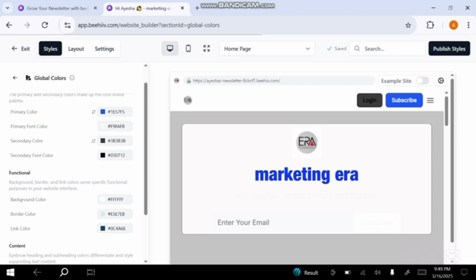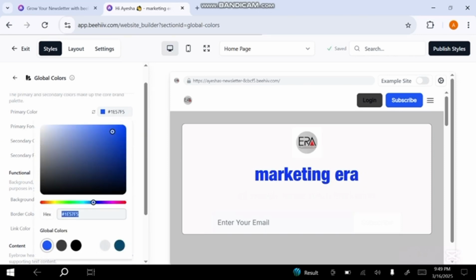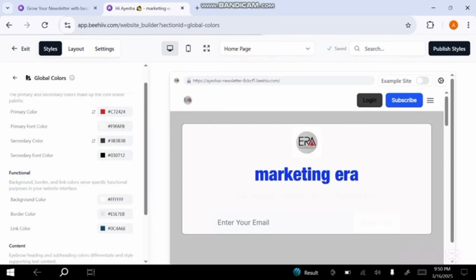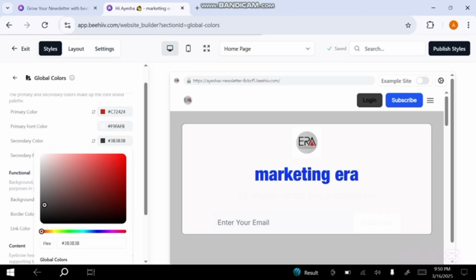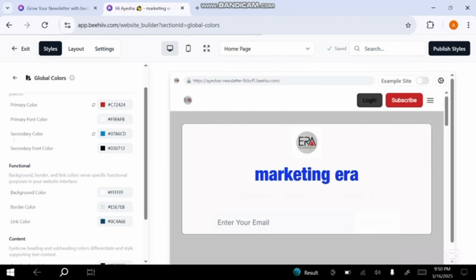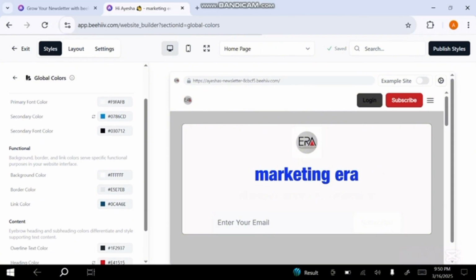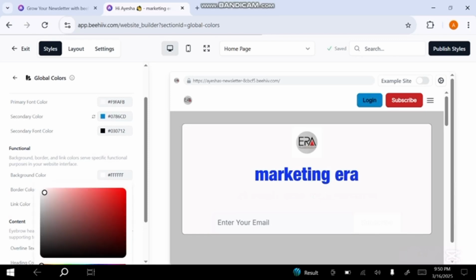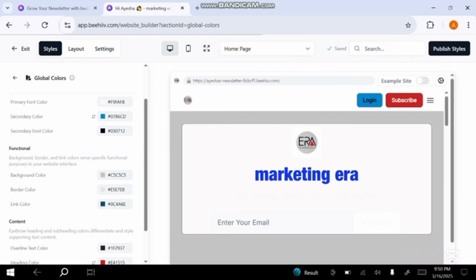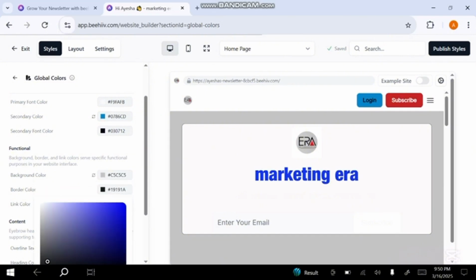I think it looks better in the blue, so let's change that to red because it looks much nicer in the red. And login will be okay to be in blue maybe. And similarly you can change here the font typing color as well. So here you have this function where you can change the background, border, and link color. So here now let's change the background to maybe, and here you can change the border color to black, and you can change the link color here as well